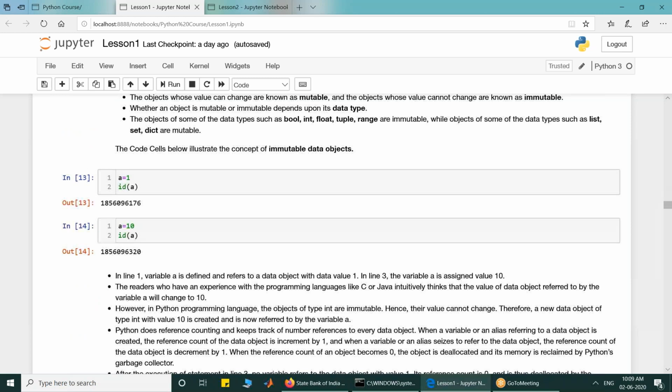Some data types do not allow their objects to change their values, like boolean, int, float, tuple, range. They are immutable. That means the data objects of these types cannot change their value. But the data types,